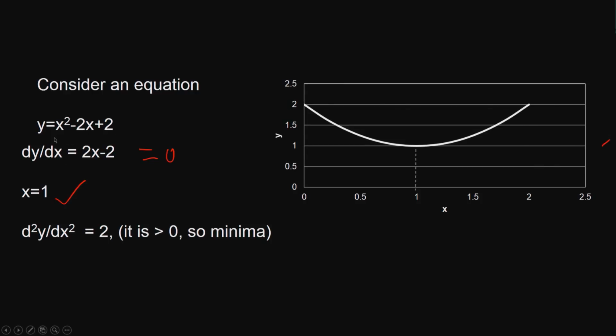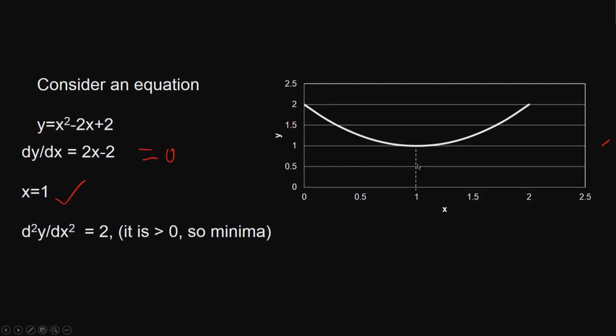So if you plot it also, you can cross check, you can go to Excel and plot it, y is equal to x square minus 2x plus 2, this is y. So I take different values of x, what happens? It comes down, down, down, and then it goes up, because it is a parabolic relation at x is equal to 1 here, x is equal to 1. So you see 1 minus 2, okay, x is equal to 1, okay. And at x equal to 1, dy by dx is equal to 2 minus 2, that is equal to 0,